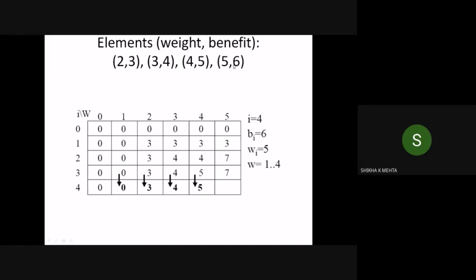In the last one, again we compare with the previous one, all the combinations, to see which one is the best. So if we take only one item, that is 5, 6, right? In that case, the benefit is only 6. But if we take again the same combination, which combination can be accommodated in a knapsack of weight 5? The same one can be accommodated, and we can get the maximum profit, that is 4 plus 3 is